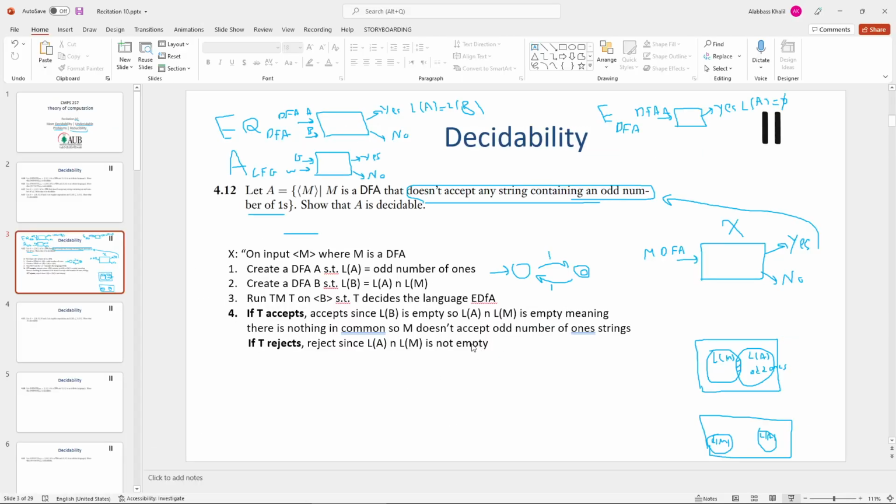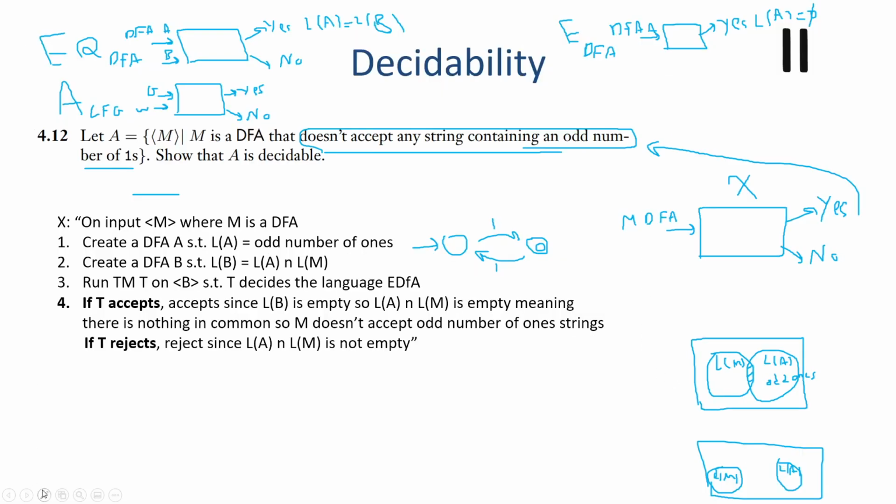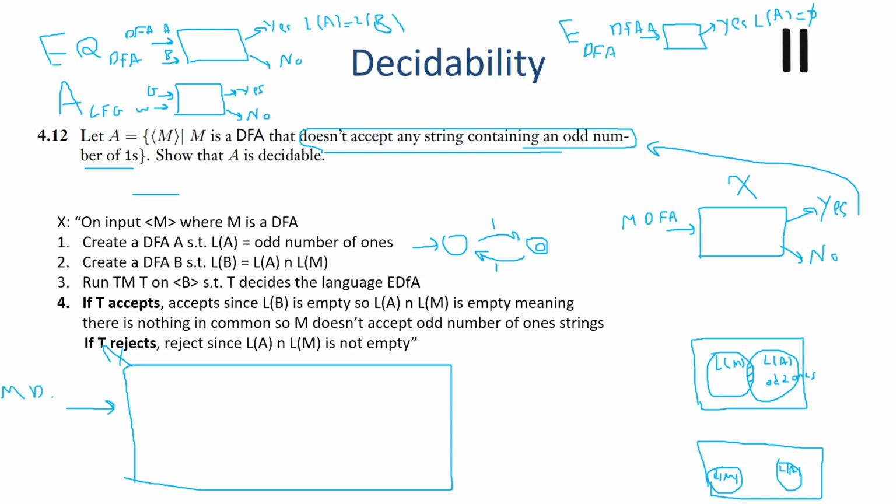Now, if we actually want to draw this, we'll do that. Remember, this big machine that we're trying to draw, this is X, only takes as input M, a DFA. Inside, we did two things. We did really steps 1 and 2 first, where we created some machine. Then we use the fact that EQDFA exists. So here we call it T, which decides